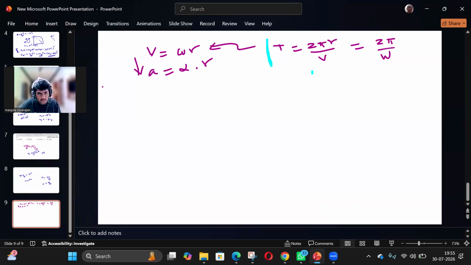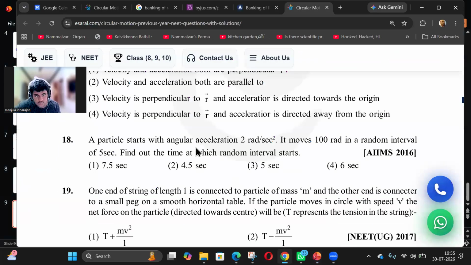Yes, sir. Time period can be defined in two ways, right? It's distance by velocity, and angular distance by angular velocity, 2 pi by omega. From this, you get this relation v equal to omega into r. So from this, you differentiate with respect to time, you get a equal to alpha r, because a is dv by dt and alpha is d omega by dt. So a is equal to alpha r. So the time interval starts at